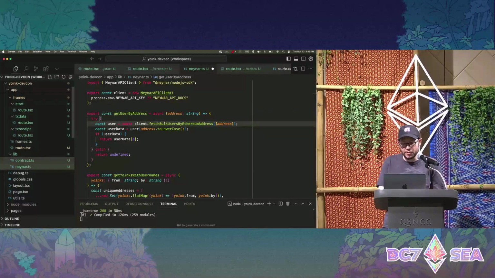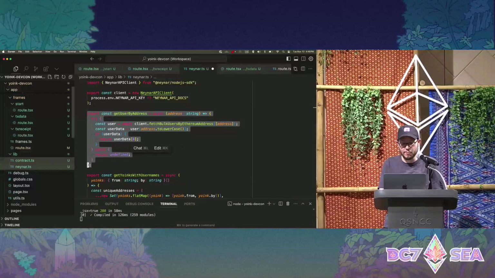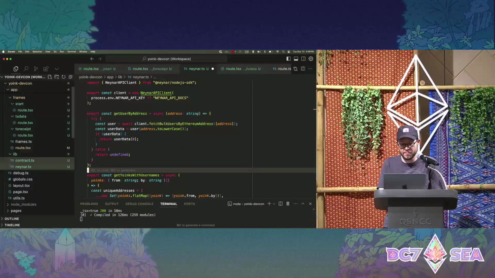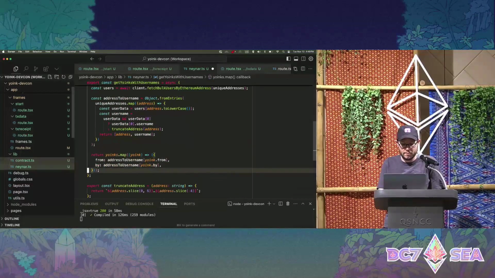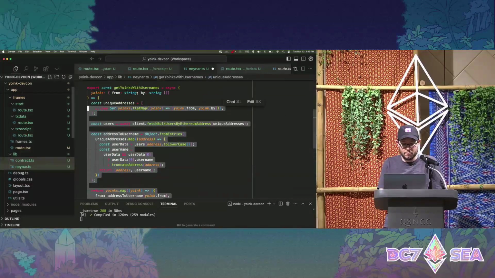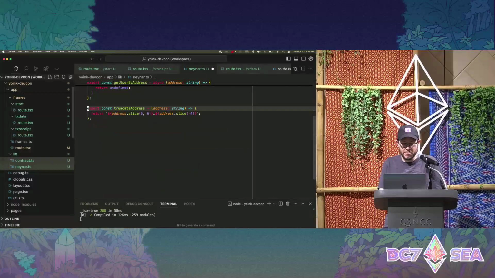and have built out some utility functions here, right? So one of these lets us fetch Farcaster users by their associated Ethereum address. So we can use that basically to say when we have an address, let's convert it to a user. Let's not worry about this one for now.